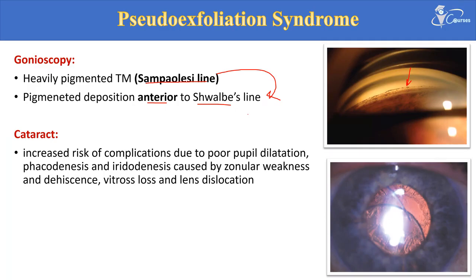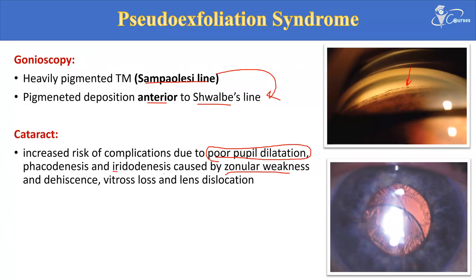Regarding the cataract, this pseudoexfoliation material will be deposited into several tissues within the eye. So it will be deposited at the edge of the pupil, resulting in poor pupillary dilatation, so those patients will have a smaller pupil. Also, it will be deposited into the lens zonule. So this will result in zonular weakness, and this zonular weakness will make the lens tremulous or phacodonesis, make the